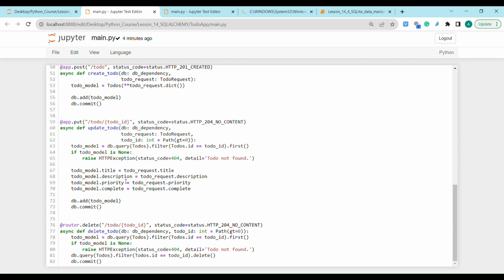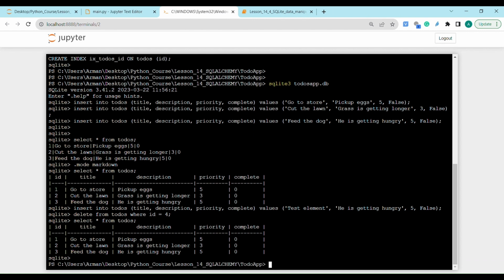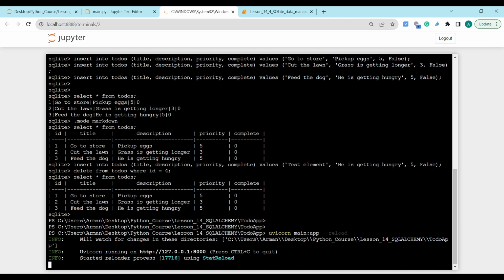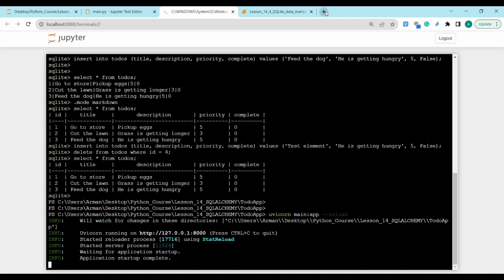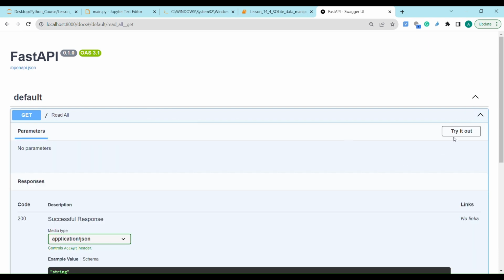So in order to run our application, we need to go to our terminal, we can just exit from here now, and then we need to say uvicorn main:app --reload. It is going to run our application, and if I go to localhost/docs, I can see that now I have the to-dos application, where, for example, if I go and say read all, and try it out,